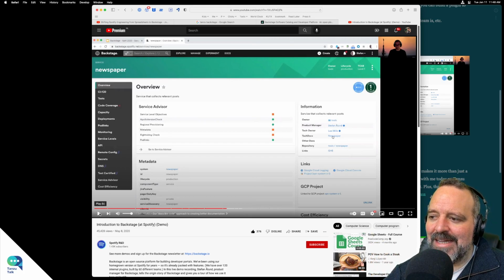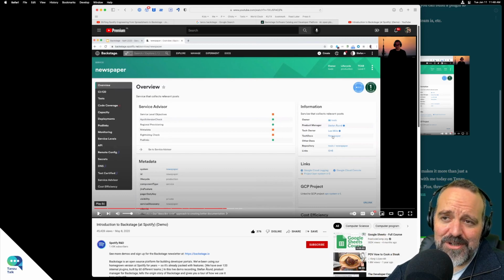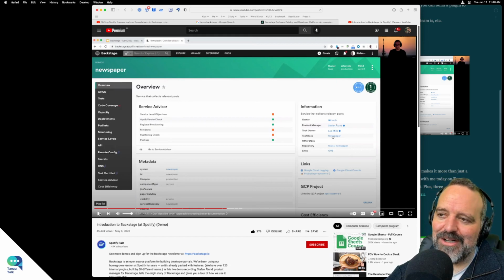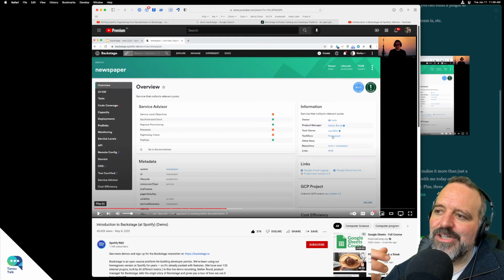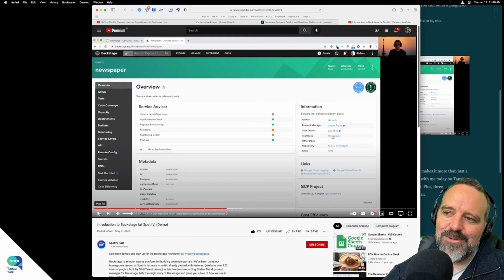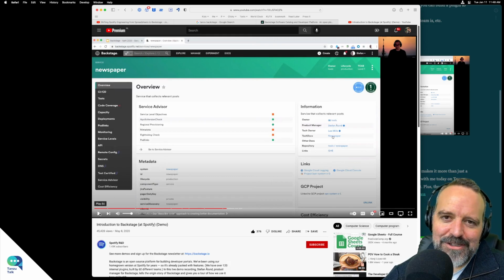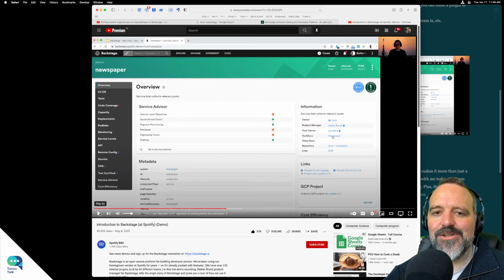And they check all that in as part of their code, in the same way as from the infrastructure as code days, or GitOps or whatever you want to call it nowadays, where you check in the configuration insofar as that makes sense, except for secrets or whatever. You also check in all this meta information about your project, right? So the docs live in the source code and they can be generated by it. And if there's some YAML file that's your Backstage plugin stuff, that also gets checked in here.